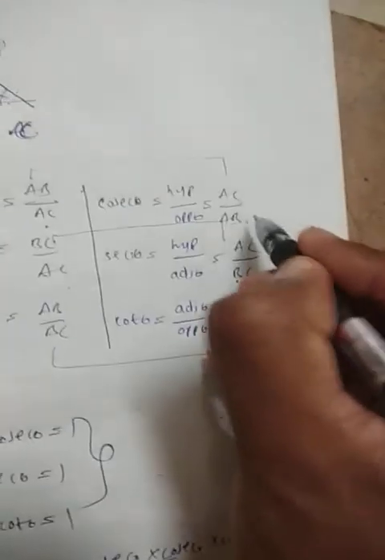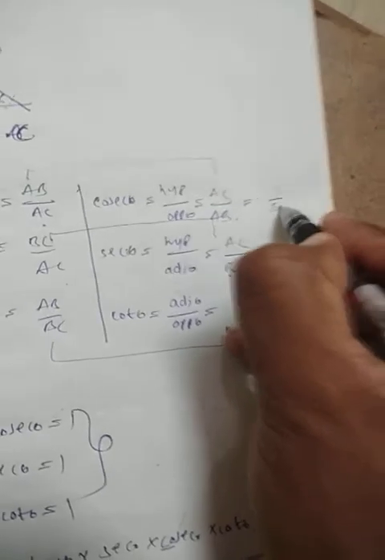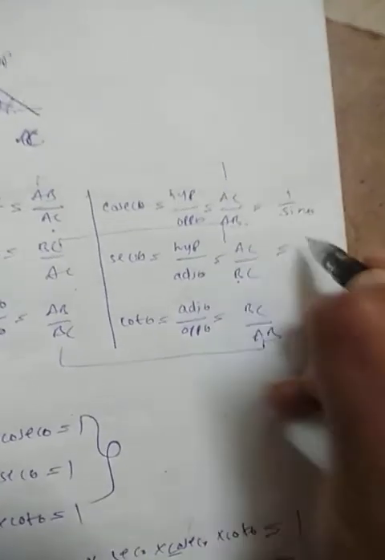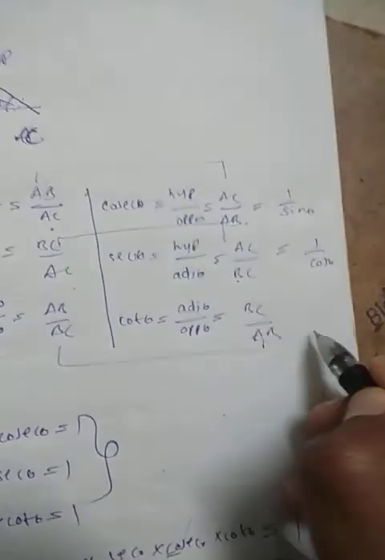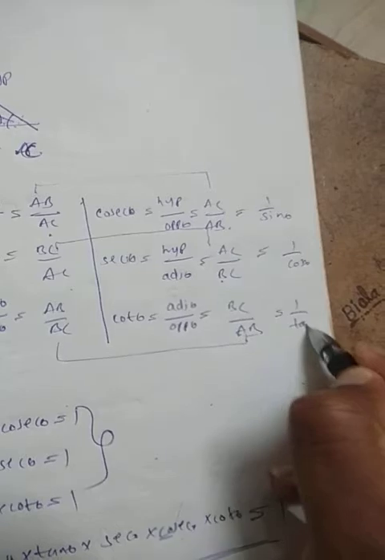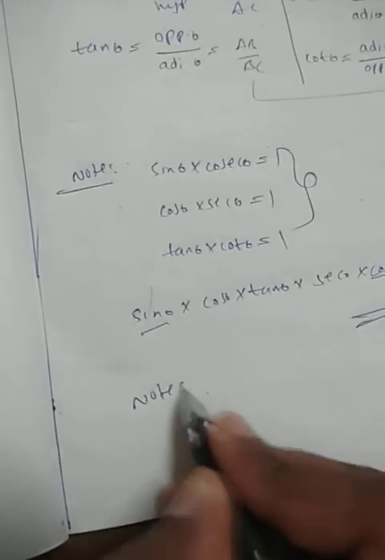So here we can give the tan and cot in some other way also. Here I am writing cosec theta is equal to 1 by sin theta. Sec theta is equal to 1 by cos theta. Cot theta is equal to 1 by tan theta. And one more inspection I can make here, so one more note you can take.